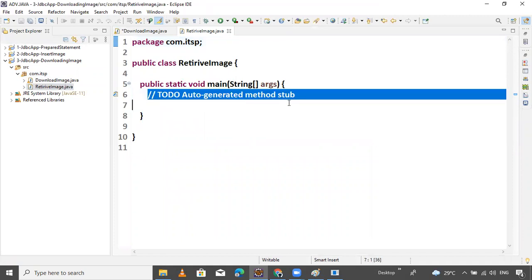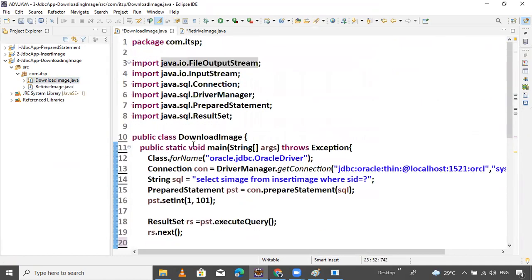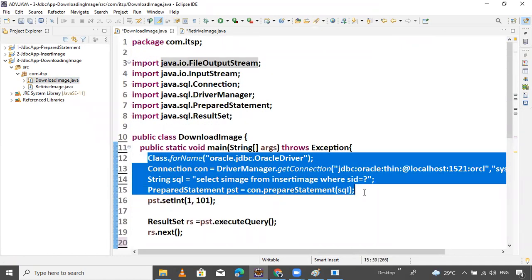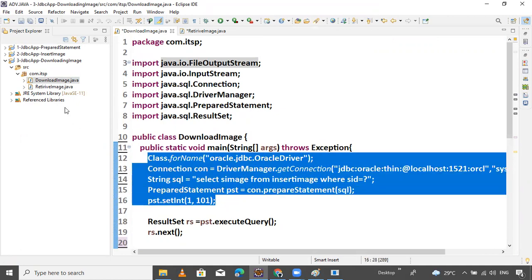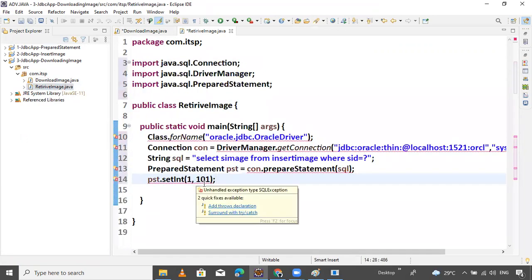All possible cases I will show you practically. Now you can do the same thing, not required to do all these things. Just copy and paste this, and this is the same. This is also the same. Just the logic is different, and the remaining things are the same.